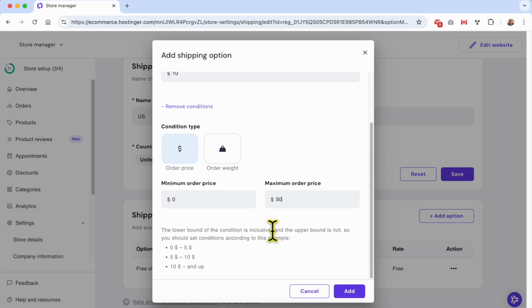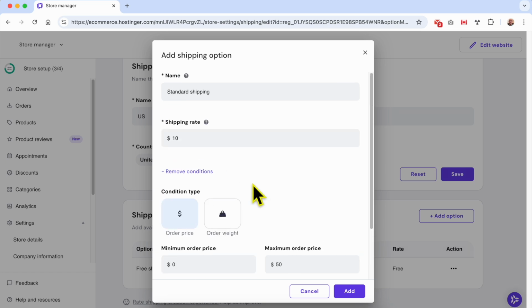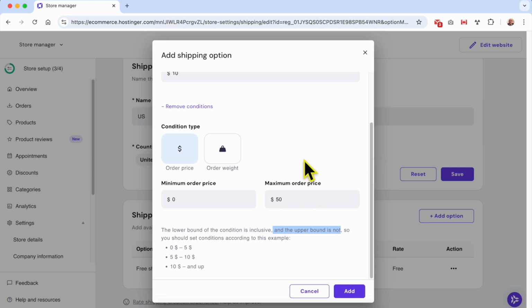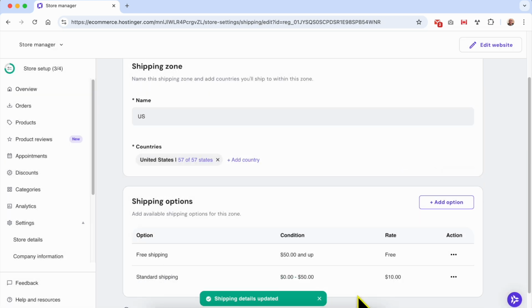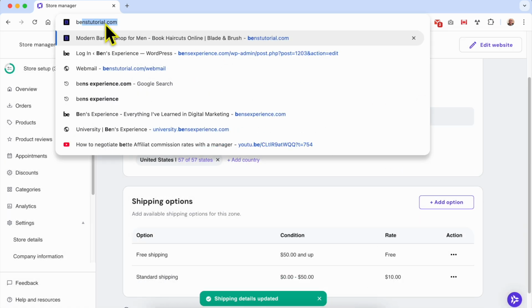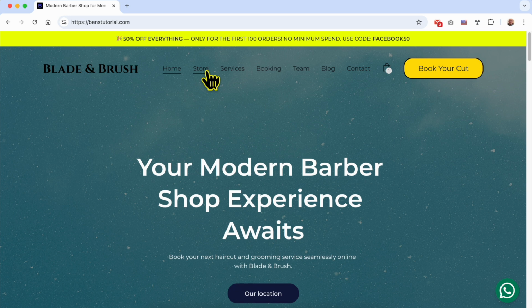So this is why it is important to understand this phrase, and the upper bound is not inclusive. So for an order with a value of exactly $50 or starting from $50 and up, it will not meet this standard shipping condition. It will meet the other, the free shipping condition. Click on add. Now let's go to the same website, store,